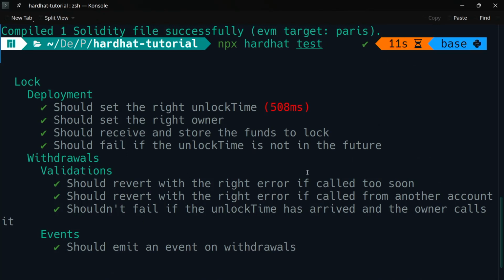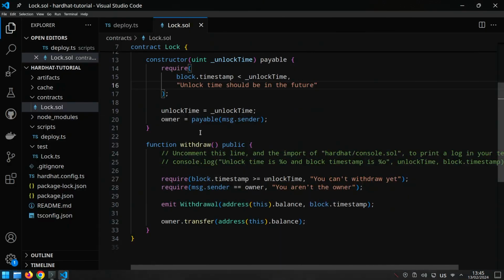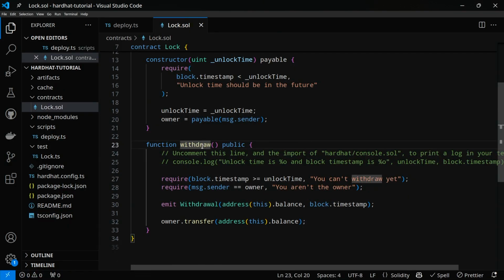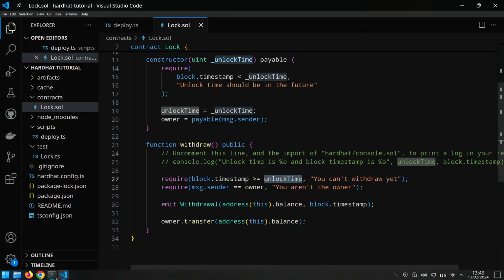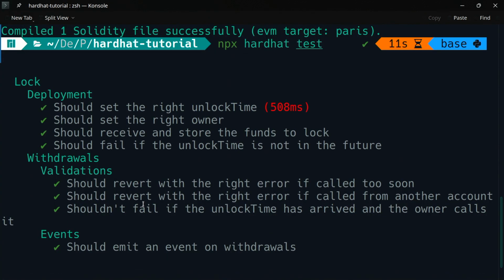So if it is called too soon, it should revert. Let's take a look. When I withdraw, it is requiring that the timestamp is higher than the unlock time. If that doesn't happen, you can't withdraw yet. It's going to revert. Should revert